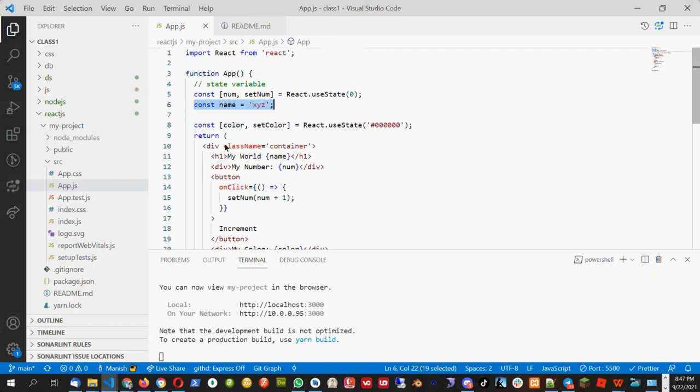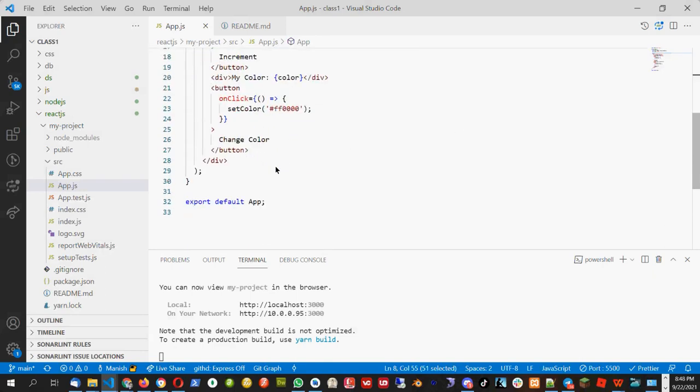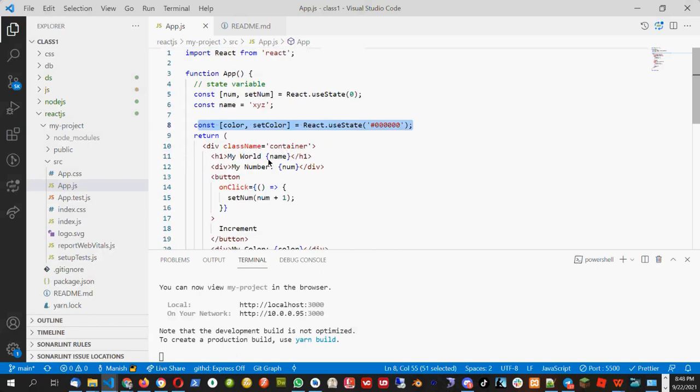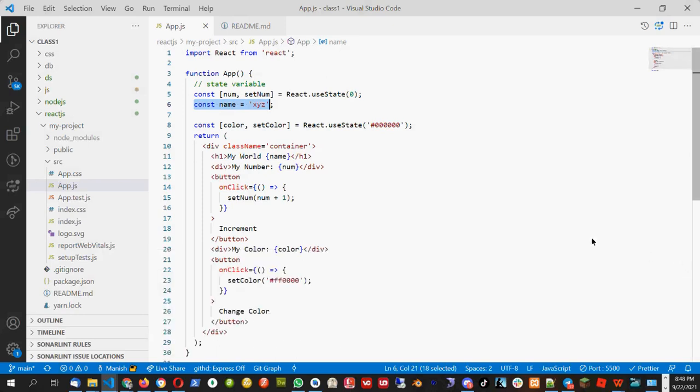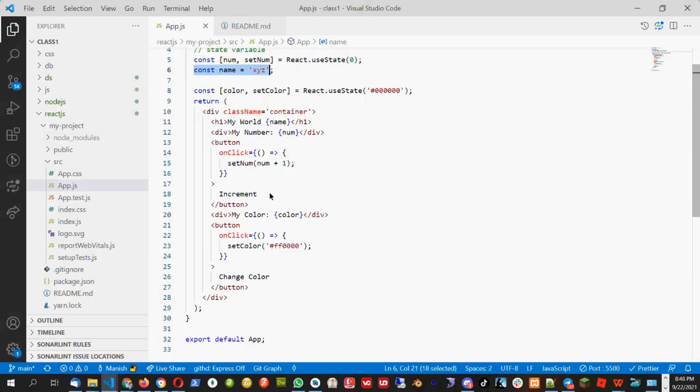Okay, so is this clear? This part, state variable and the normal variable. So this is called a normal variable, and this is called the state variable. So always use state variables whenever you want to change it, but always use a normal variable when you don't want to change it. So this is what we learned today,